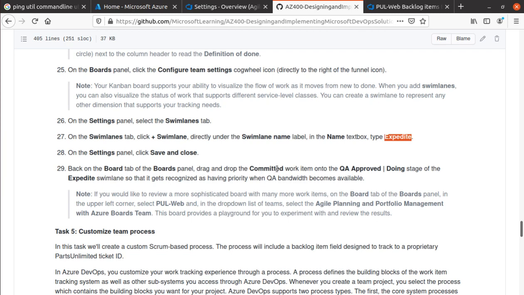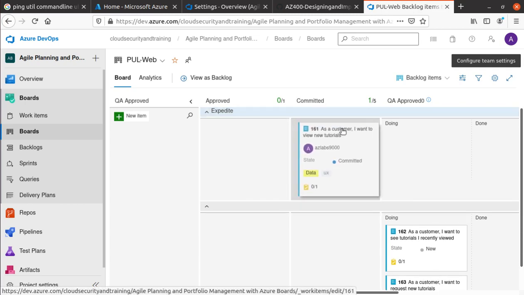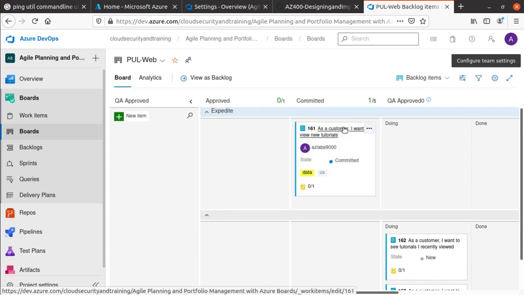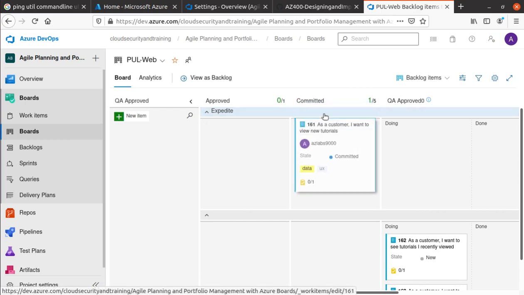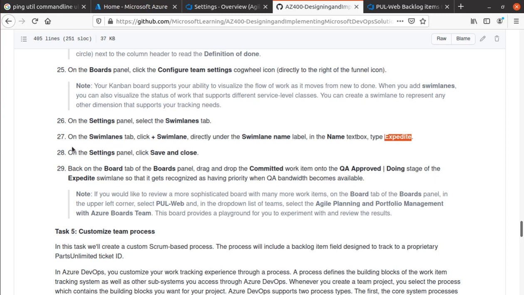So the committed work, where is the committed work? Here's the committed work. Can I bring it over here? Okay, so over here is the expedited section. I don't know if you can move it over here. You can. So you're going to put it over here, which is the expedited, and